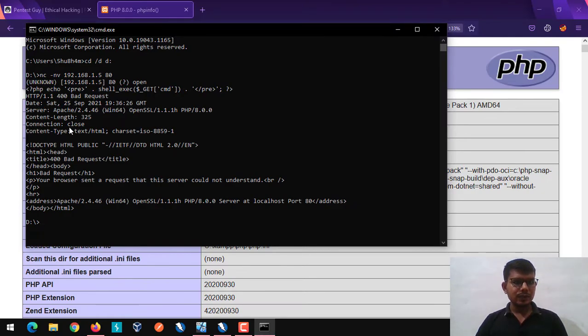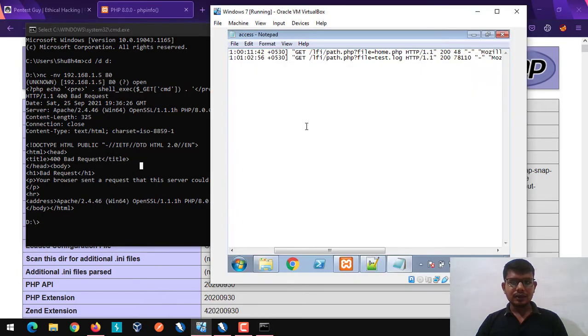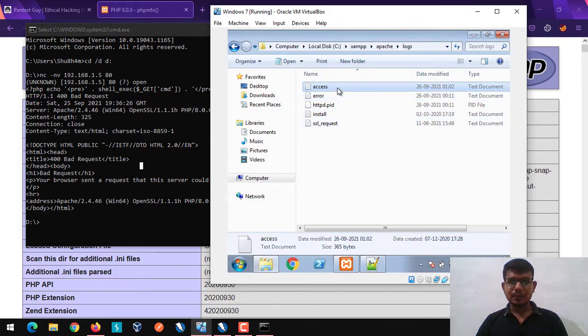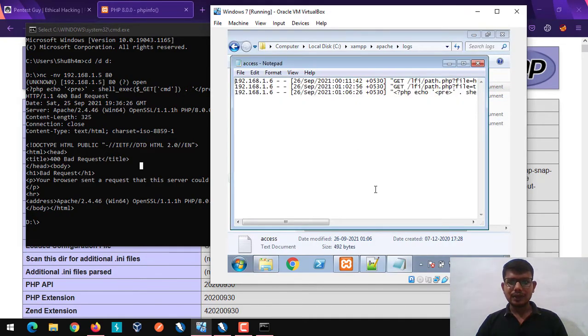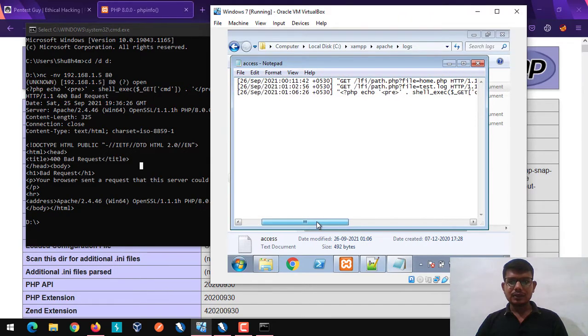Now it simply shows 400 Bad Request. But remember that it is also going to save in this access.log file. So let me open it again, and we can check that we are able to get our PHP code over here.